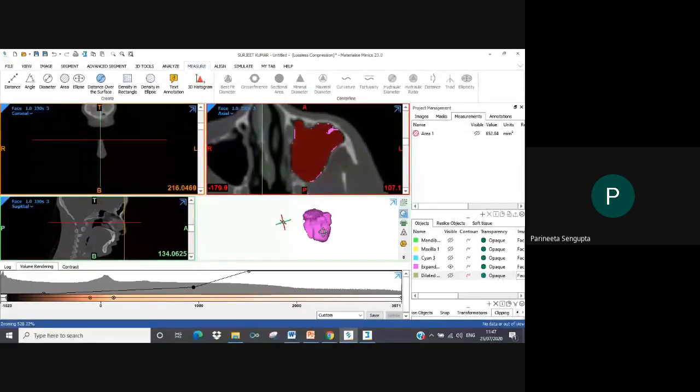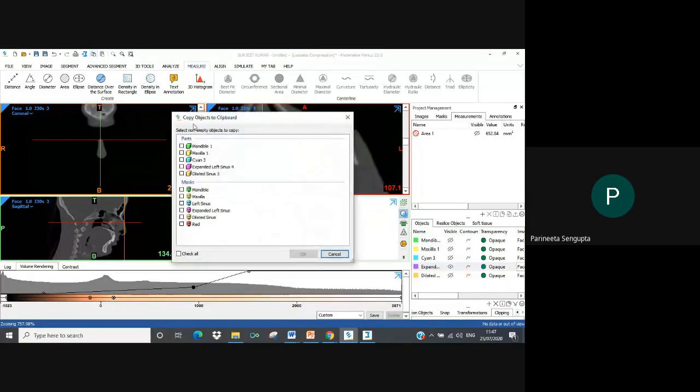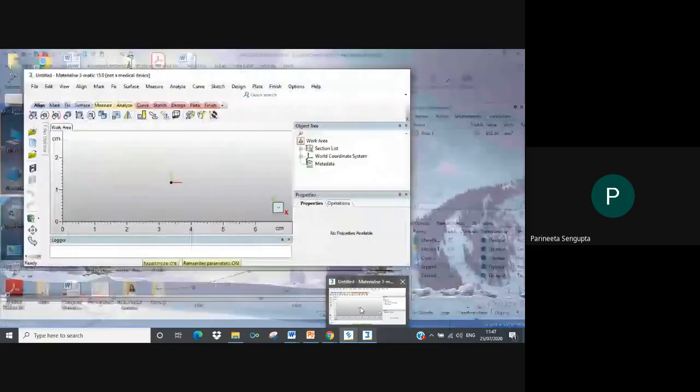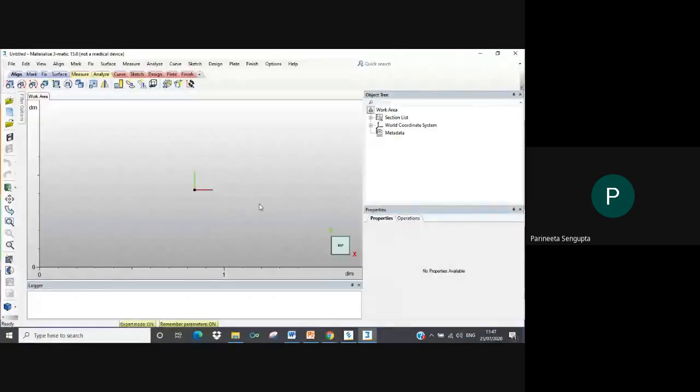So as you were saying, volume. What I'm going to do is copy my sinus model. I'm just pressing Control C over it. I get an option of selecting my part. So I'm going to select the expanded left sinus and click on OK. If you can see below in the window section, I have all switched on the thematic. I'm going to make it full screen. For now, because we wanted to see the volume, I'm just showing how we can see the volume. I will introduce the entire interface and everything in the next 10 minutes. So I'm just pasting my model by Control D.